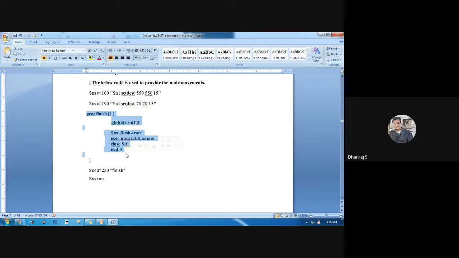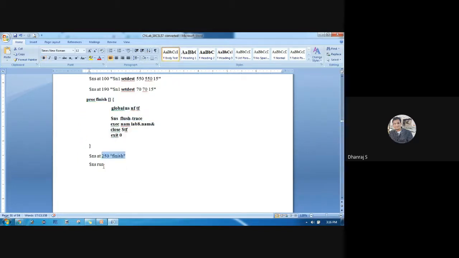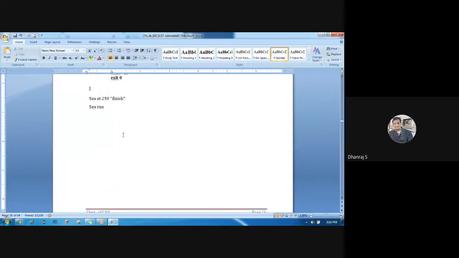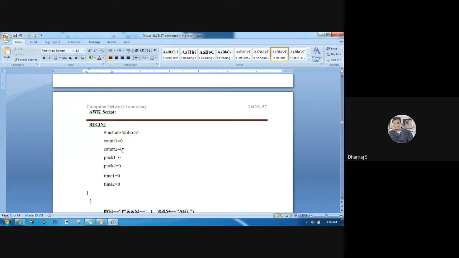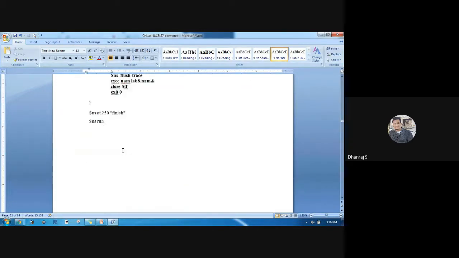Then exec nam filename.nam ampersand executes the nam visualization, then we close the trace file and exit 0, which closes the application. Then $ns at 250 finish starts the simulation process. So this is all about the TCL script.